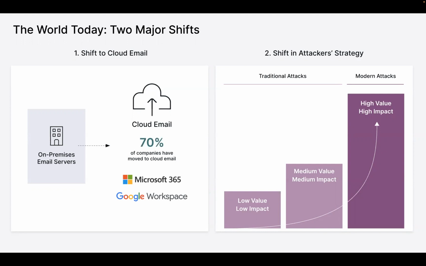They're strategically designing more advanced email attacks that are socially engineered, right? These are the more impactful ones. These are the ones that cost organizations millions. It happens when they get breached due to a lack of visibility and detection when it comes to these more modern attacks.